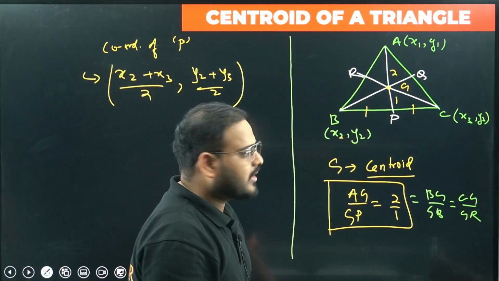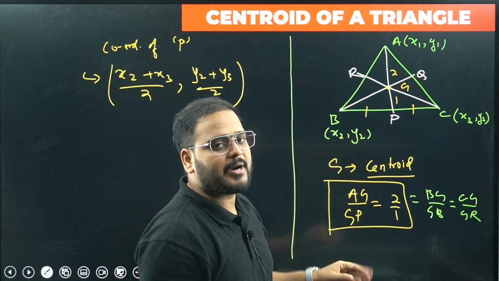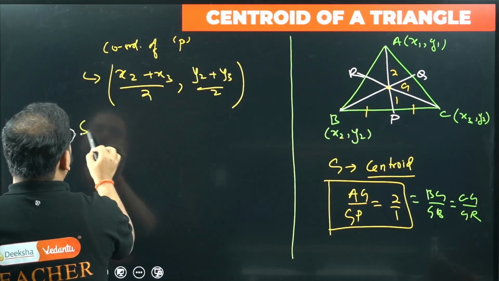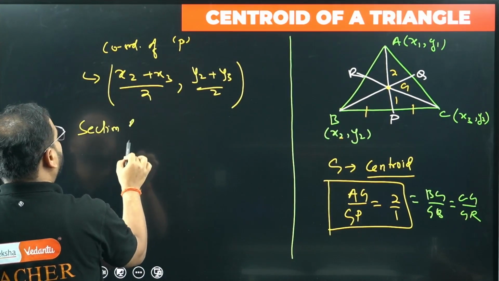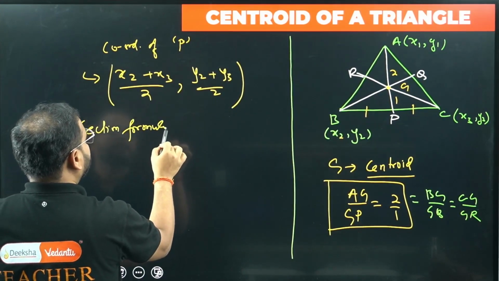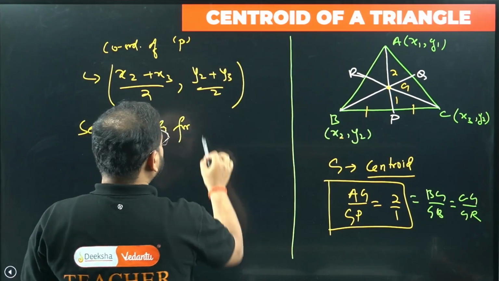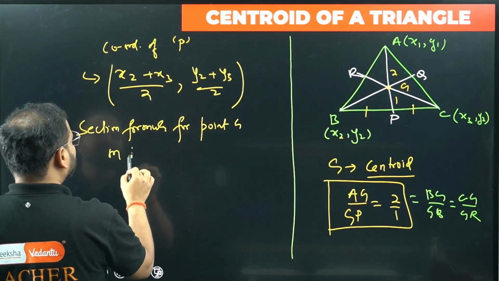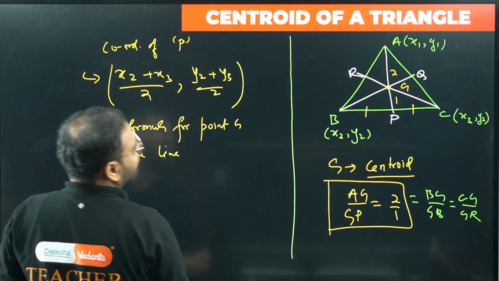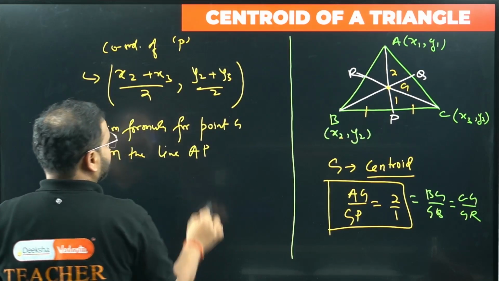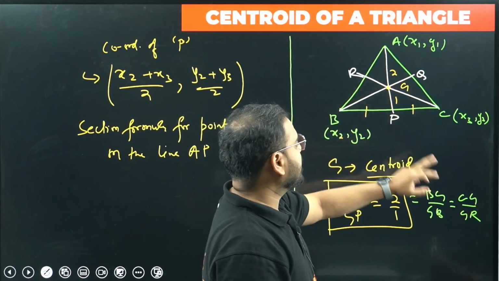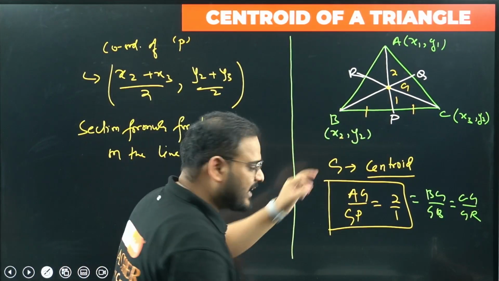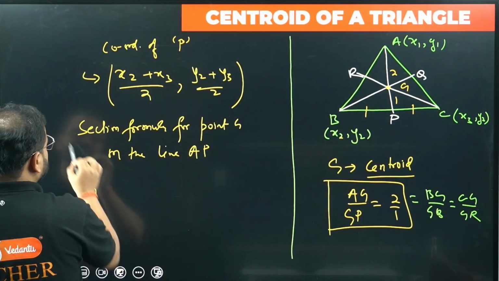Excellent, sir. Clear? Let's go, x2 plus x3 by 2, y2 plus y3 by 2, this is clear. Point P coordinate we got. Now can't we apply the section formula for point G on the line AP? Means A coordinate you know, x1, y1, P coordinate you know now, and you can use the section formula, and when you do that, you will get the coordinate of G as, please check,